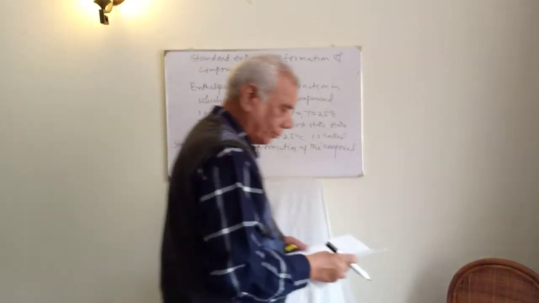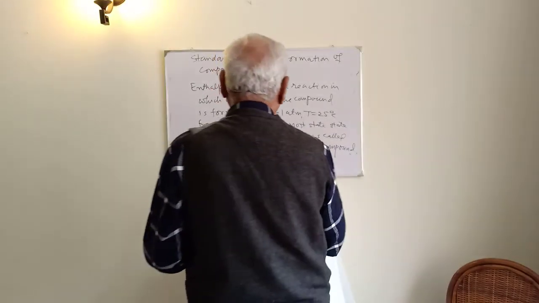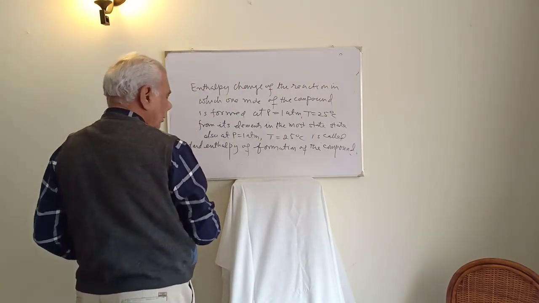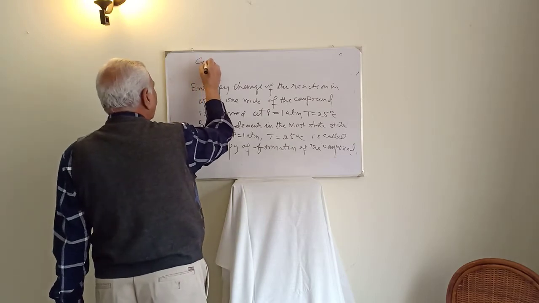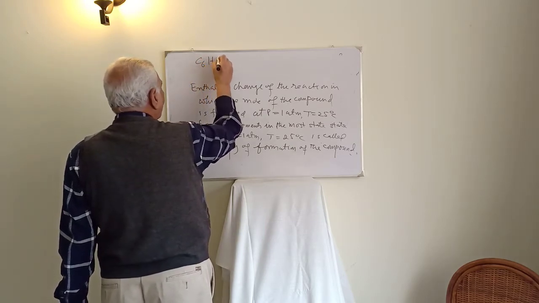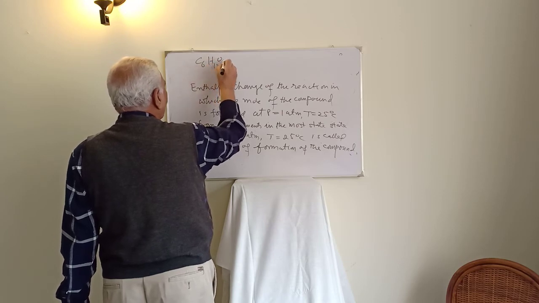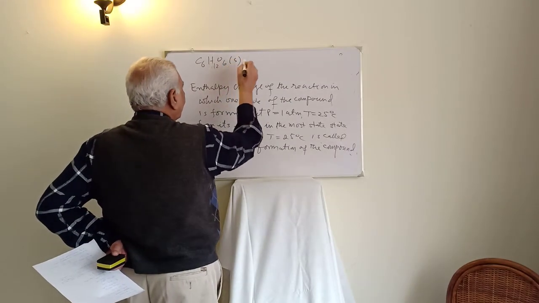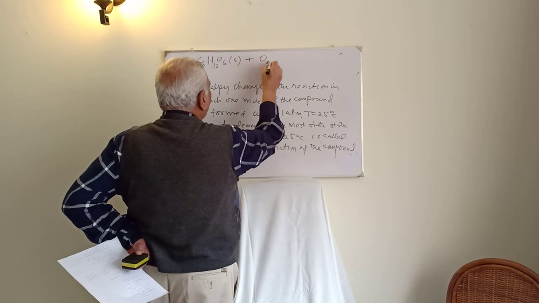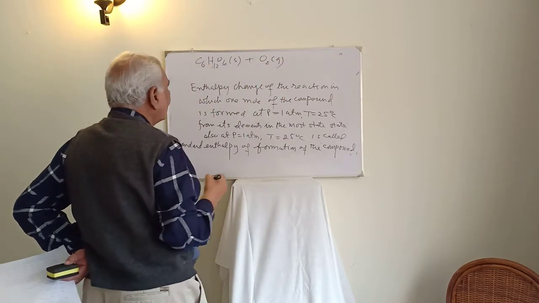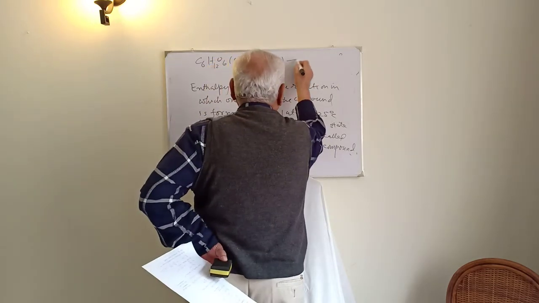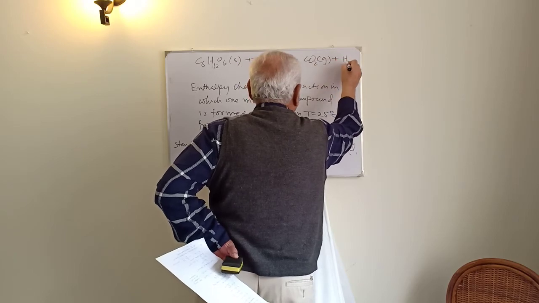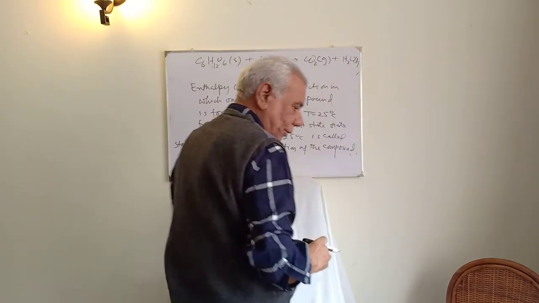So we have here now, consider C6H12O6. This is the formula for glucose, solid, plus O2 gas, giving you CO2 gas plus H2O liquid. Now let us write